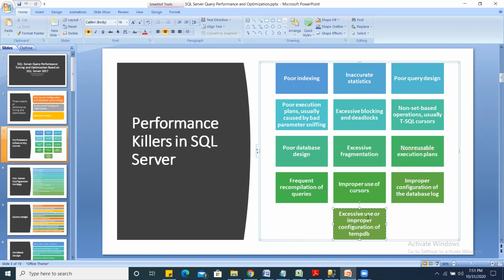So what are the different objects that use tempdb? What are the different objects that do not use tempdb? It's a big topic of discussion. Likewise, a question may be asked in the interview: in what scenarios is tempdb used, right? Most of the people answer that the temporary tables and the temporary variables that we create use tempdb space, right? But apart from that, there are many factors which